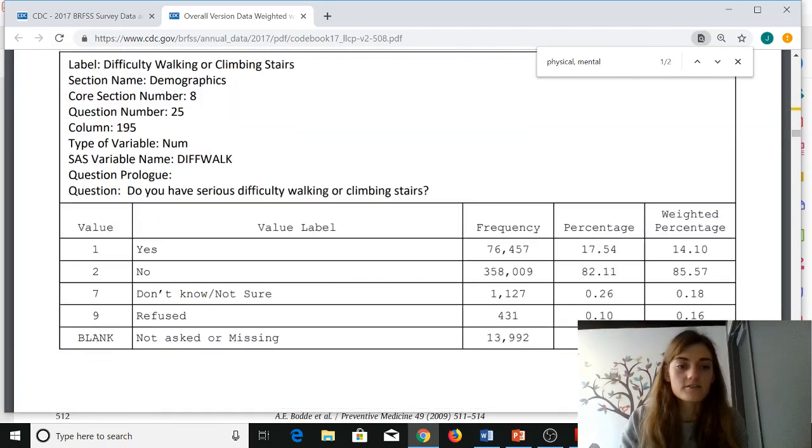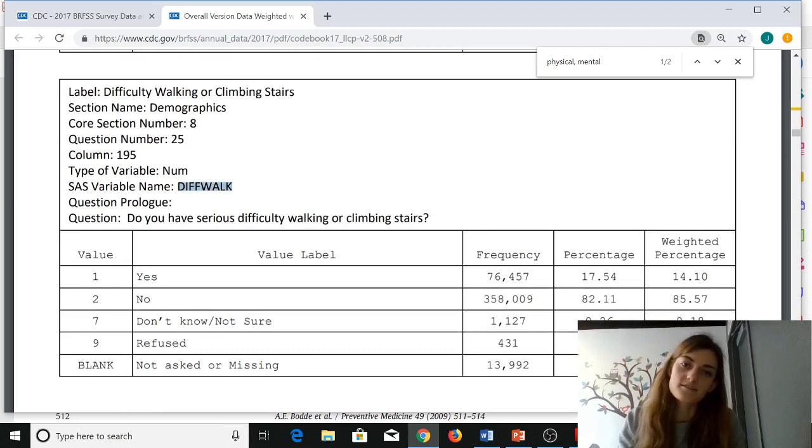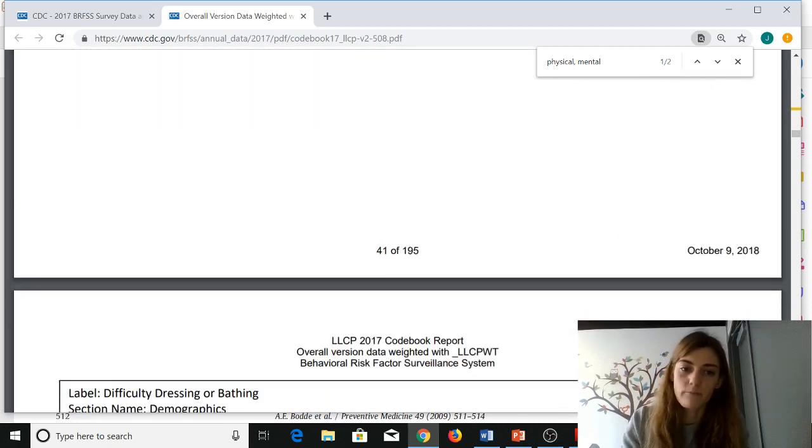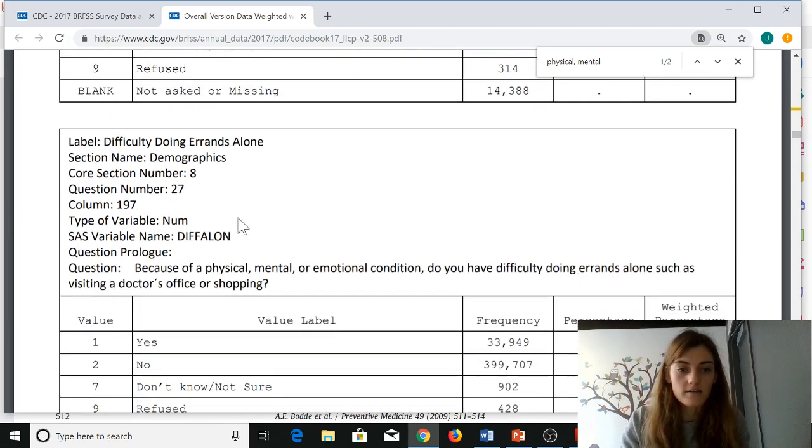All right, and then do you have serious difficulty walking or climbing stairs? So this is also related to disability. Do you have difficulty dressing or bathing? And then because of a physical, mental, or emotional condition, do you have difficulty doing errands alone, such as visiting a doctor's office or shopping? All right, so in the 2017 BRFSS data, we have 4 questions related to disability,